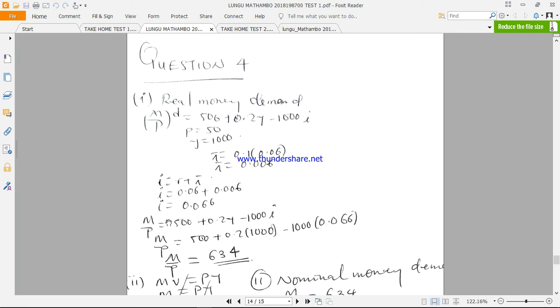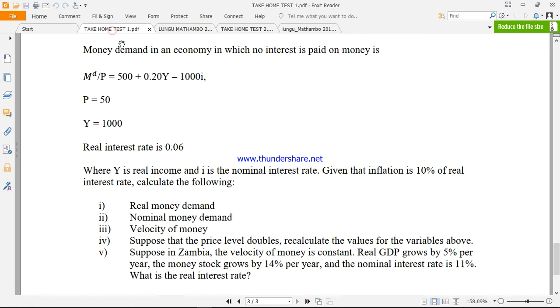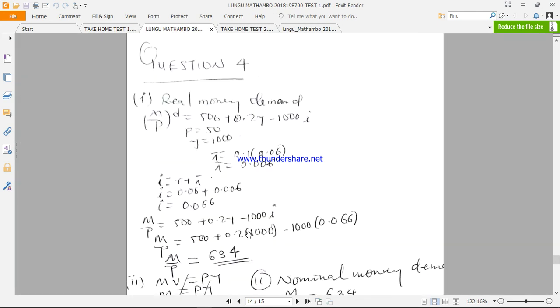So M over P is 500 plus 0.2Y minus 1,000i, which is just going to be 500 plus 0.2 of output. We've been given that output is 1,000. So we're going to plug in there output 1,000, minus 1,000 times the nominal rate of interest,